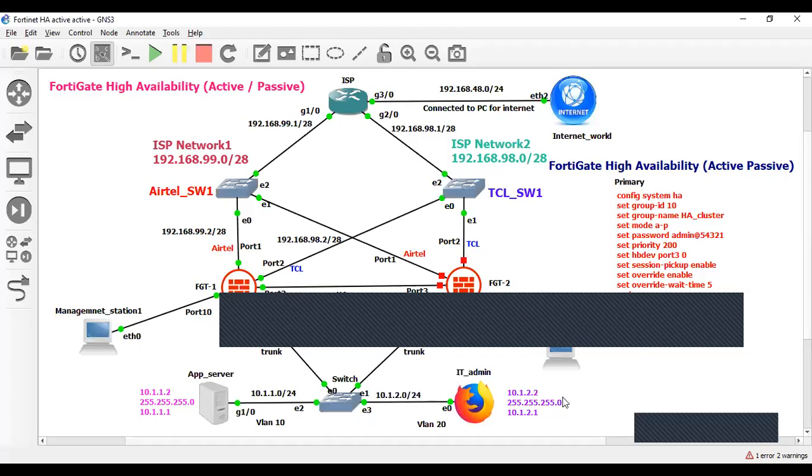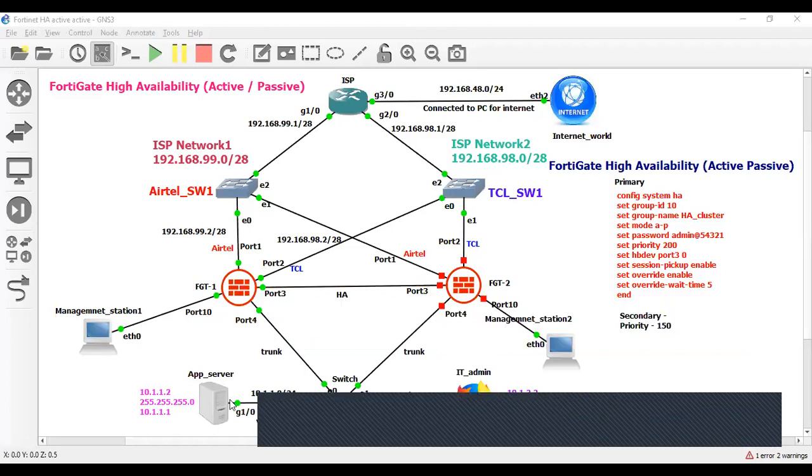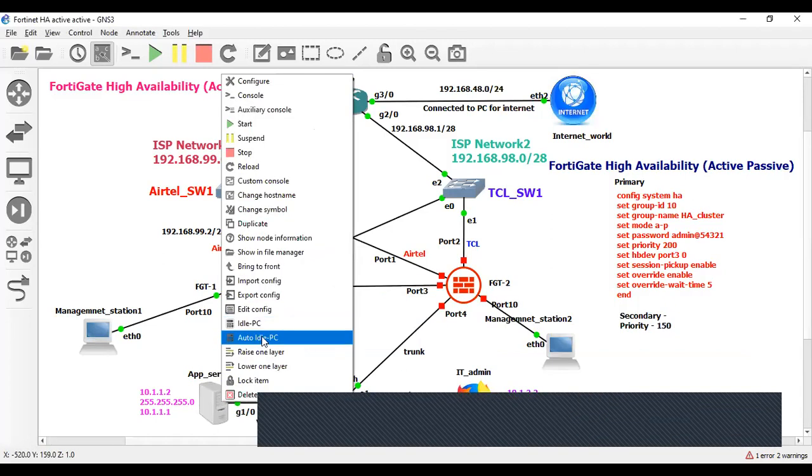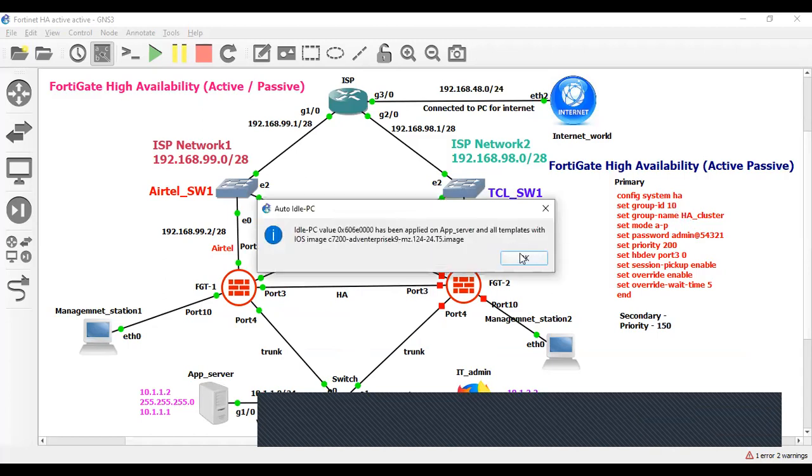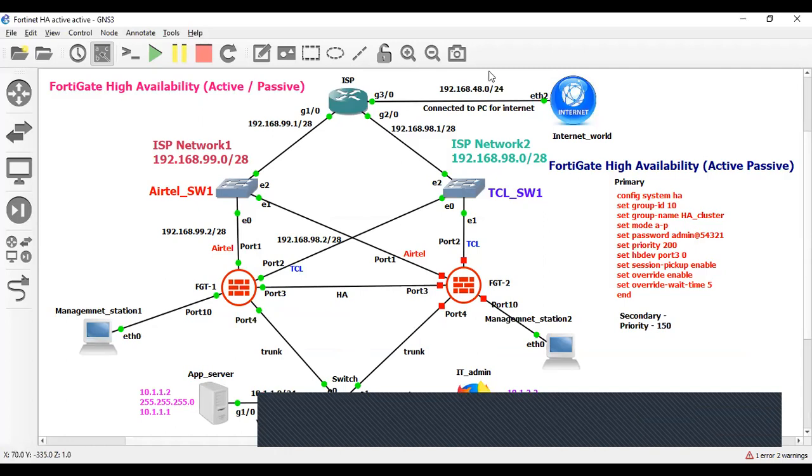So now let's move toward the FortiGate high availability configuration. For high availability, we don't have to configure all the configuration on the secondary firewall, except only the HA configuration.